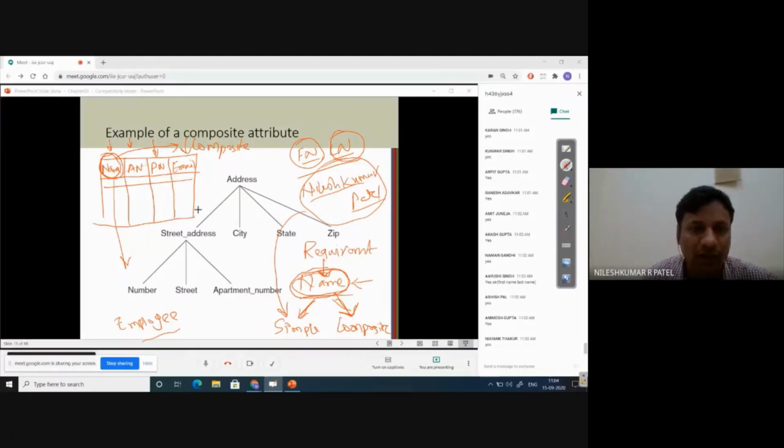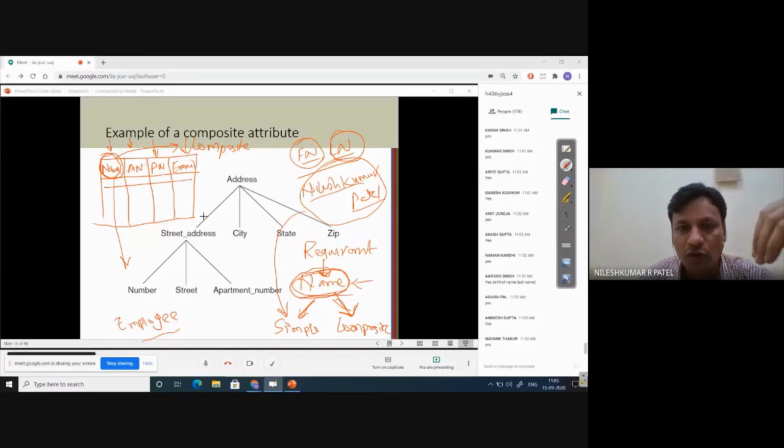According to the requirement analysis phase, the design team has to decide whether we want to make this particular field a composite attribute or a simple attribute. And how we decide: if you want to search your database based on components like first name and last name, in that case we will go with a composite attribute.